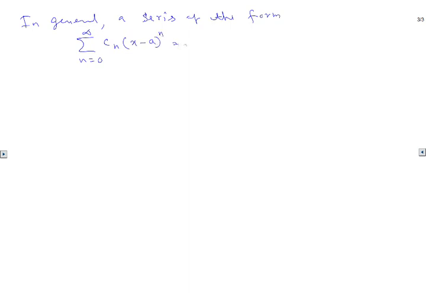If you expand it using the same convention, the first one is c0, the second one is c1 times (x minus a). We already write c naught, that's the convention. And then c2 times (x minus a) squared, like that. So that's the form. I'm going to call this star. This is the general form we're going to consider. You can see how it looks: we have a number and the power of x minus a to the n. So it's called